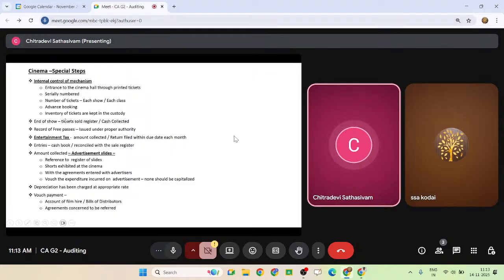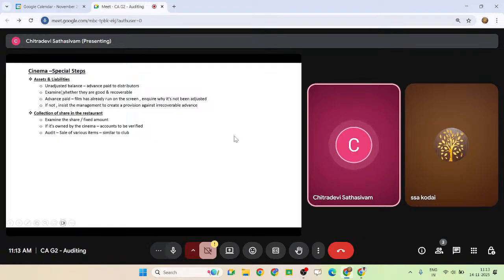The examiner will treat this as 1 point only. He will not treat it as 5 points. Keep that in mind. Hardly these 5 points will come under 1 point only. Similarly here also, these 4 points will come under 1 point only. So you have to ensure how you are presenting it in the examination.